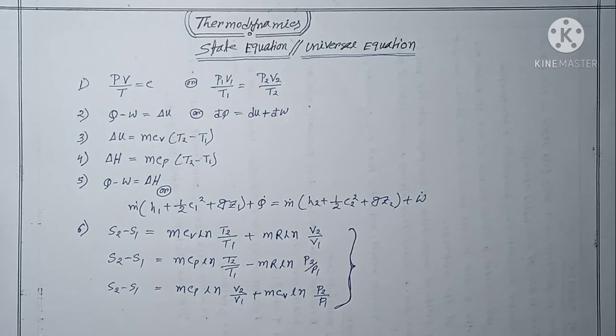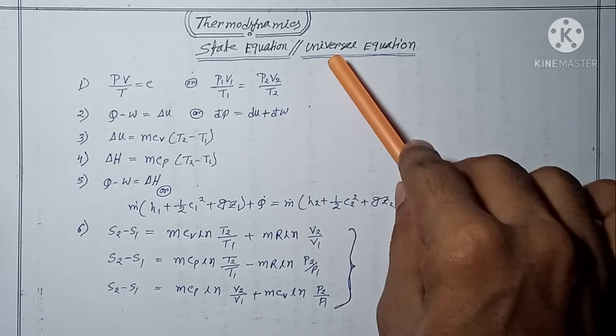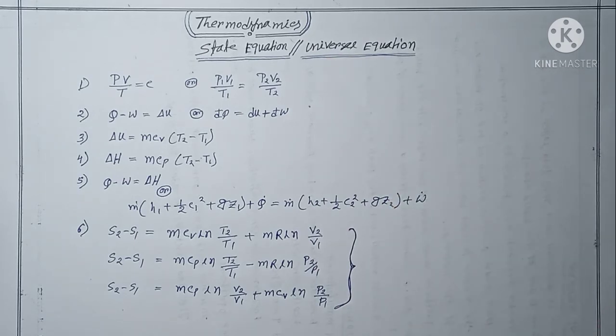So you can observe, to find the change in entropy, the change in work, or the heat interaction, there is a particular formula for a particular process. But this state equation you can use for any kind of process. It may be an isothermal process, an isochoric process, or an isobaric process. It does not depend on the process. So this is basically the importance of state equations.